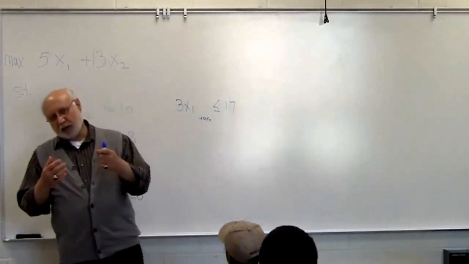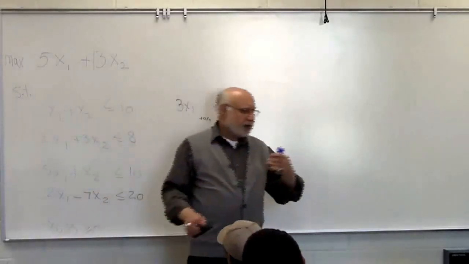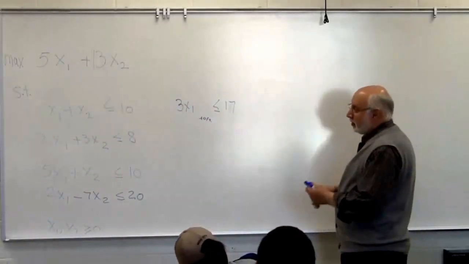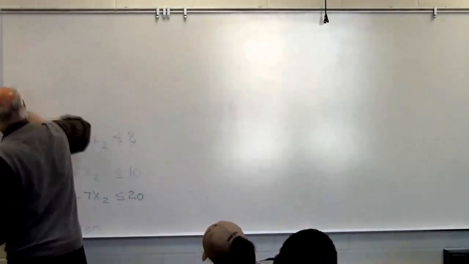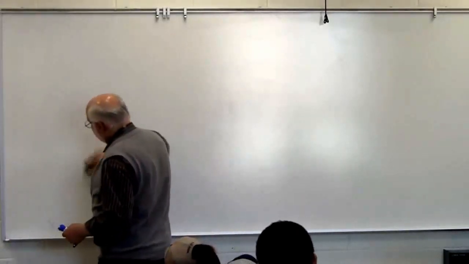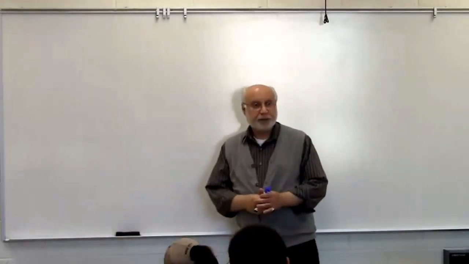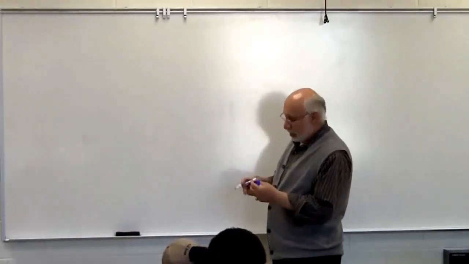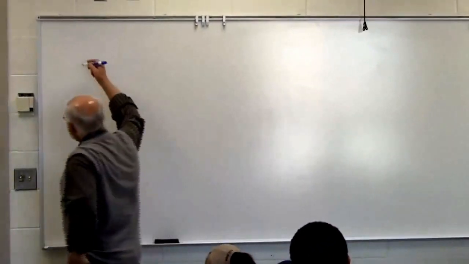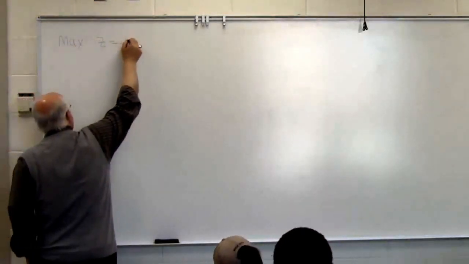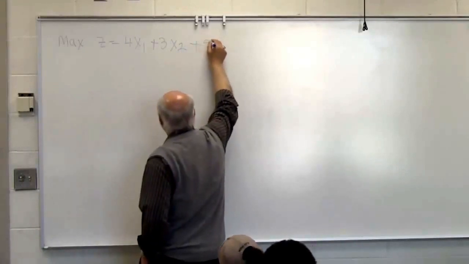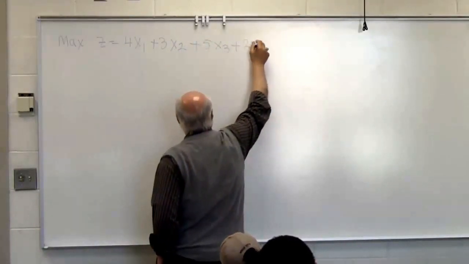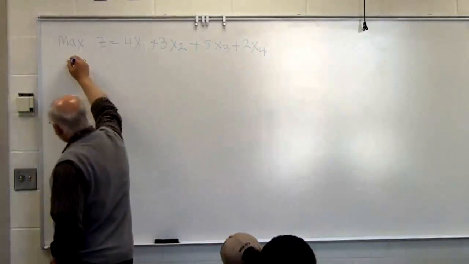Now that we have talked a little bit about the common sense stuff, let's put these basic understandings into mathematical terms and see how the solution strategy is. Let's say that I have a problem: max z equal 4x1 plus 3x2 plus 5x3 plus 2x4. Subject to